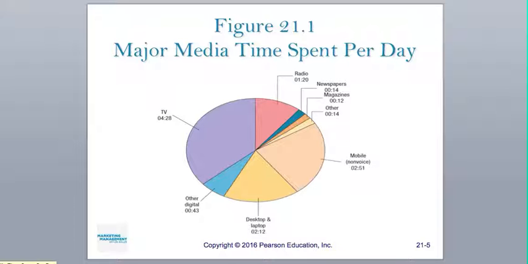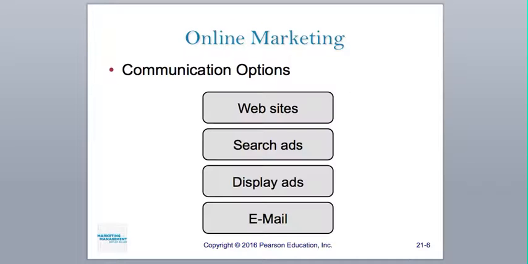Media habits is probably the biggest thing to pay attention to in regard to a target marketer. Where do people go? This is a good list of choices for sure, and time per day on average. And they don't really give us the age, the income, the demographic, and the descriptors of who this represents. Okay, so as you read the chapter, you want to pay attention to that.